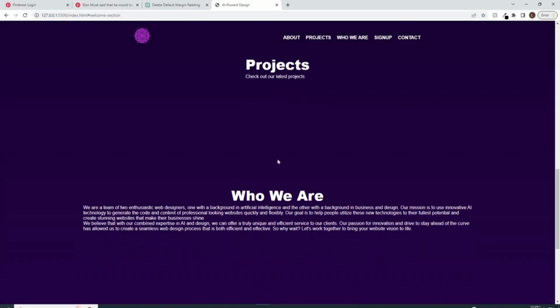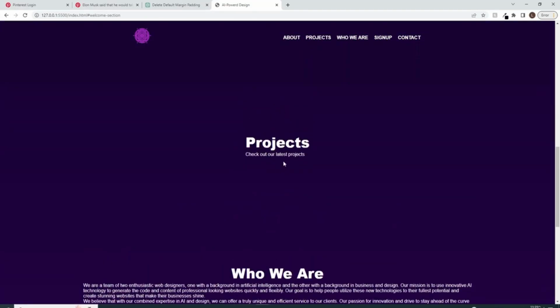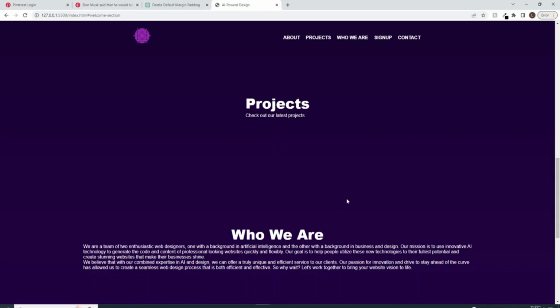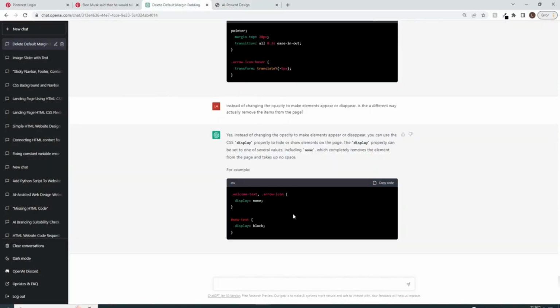So right now we're going to add an image slider to this project section. And instead of just having an image slider that, when we press an arrow, gives us the next image, I actually want to have an image slider on the left here, and on the right, I want to have a little text that goes with each image. And then I want to have the arrows below here. And once I go to the next image, the text should also go to the next one that corresponds to that next image. So let's go to ChatGPT, and I'm going to type: